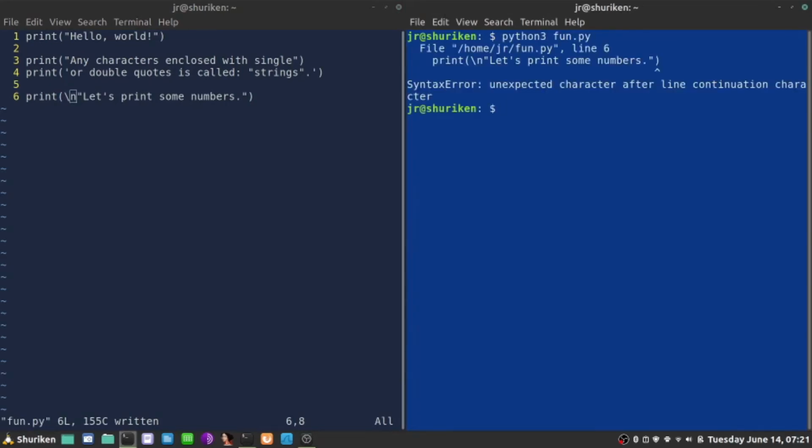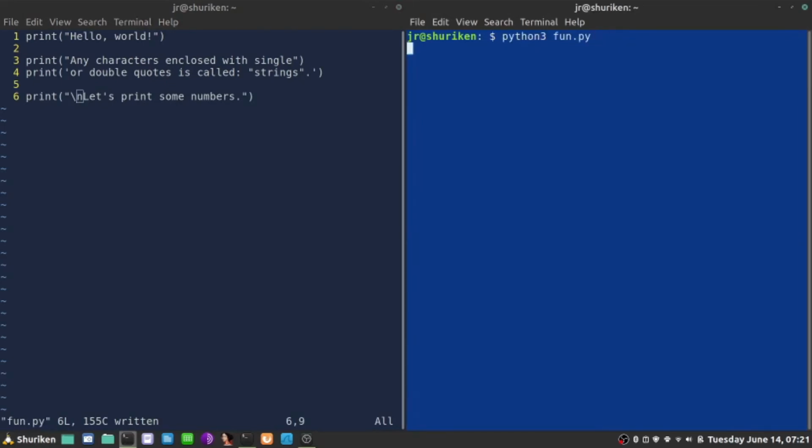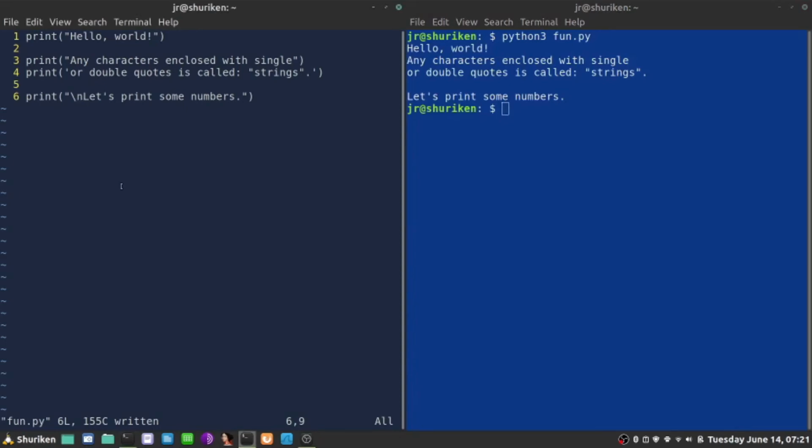Enter. Whoa, I made a mistake because my \n is not inside the quotes. It's good it happened because we can see what a syntax error is in Python. So if I squeeze that in here inside the string, that should work properly this time around. And there we go. So you've noticed that the print statement or print function adds a new line at the very end